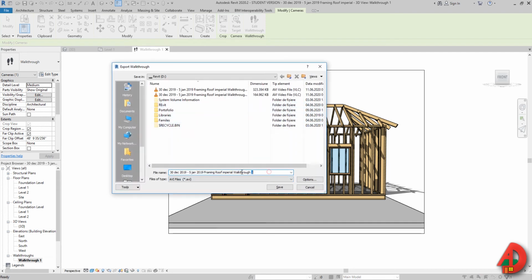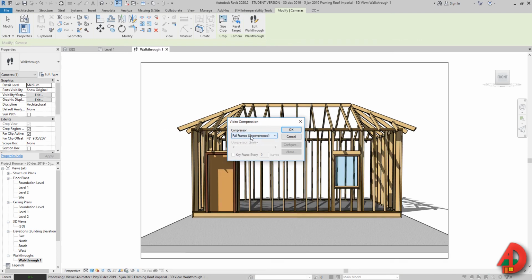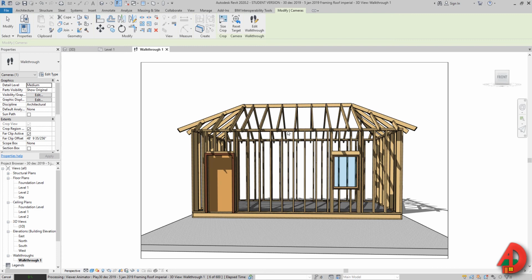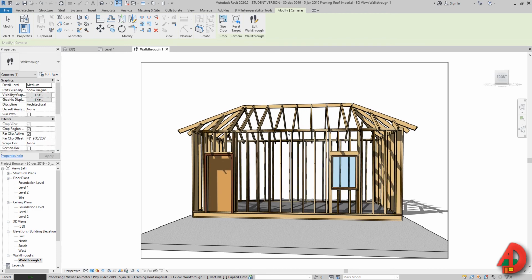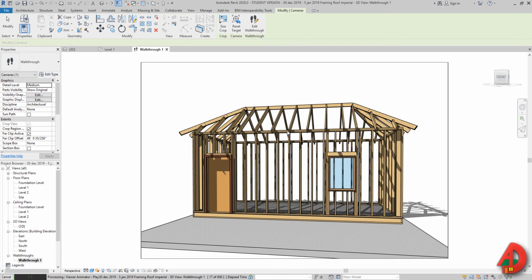and I'm going to name it 360 loop. I can press save, and I'm not going to do full frame uncompressed because this is not recognized by all video players, so I'm going to use Microsoft Video 1, and here you can select the compression quality. We're going to leave it at 100, and now I'm going to press OK, and it's going to take a while depending on what kind of computer you have or what resources and performance your computer has. But now I'm going to fast forward because it's going to take quite a lot.